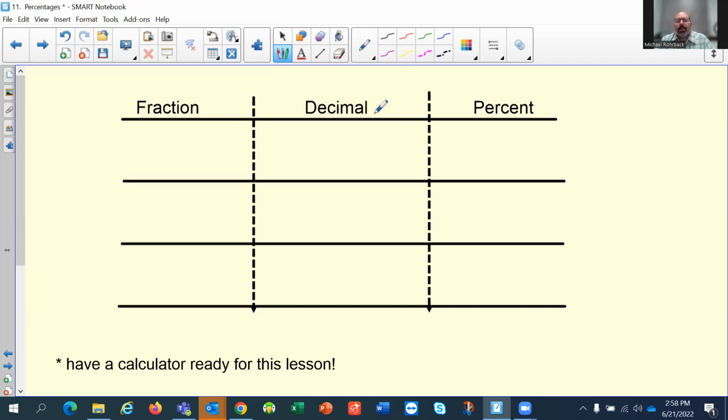One of the things that you need to be able to do in mathematics, especially on the HISET test, is put numbers in the form that is most useful for you when you're doing your problems. Sometimes fractions are exactly what we want. We just want to keep things as fractions. Sometimes it's easier to convert them into decimal numbers, and sometimes you actually want to solve things in terms of